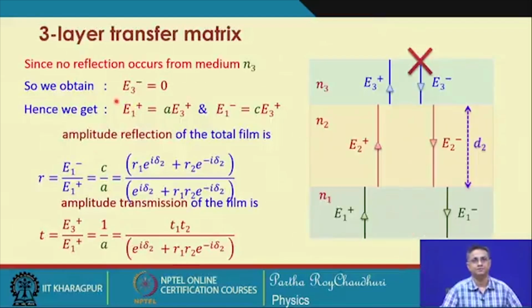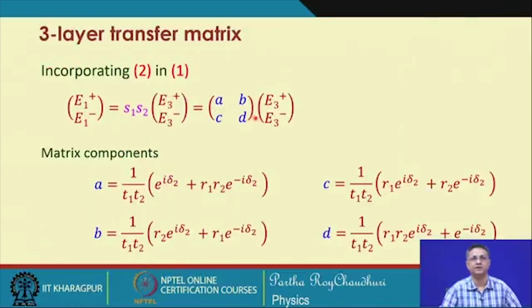So, all these parameters are known. Therefore, we can now look at the film and consider the situation that because this layer N3 is infinite and there is no reflected wave in this direction, E3 minus will be equal to 0, whereas E3 plus is a quantity which is non-zero. So, if I use this E3 minus equal to 0 in this equation,